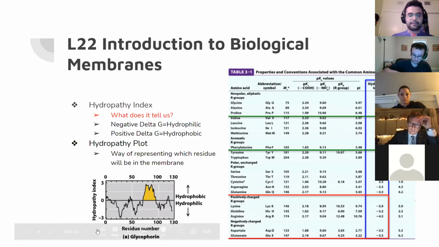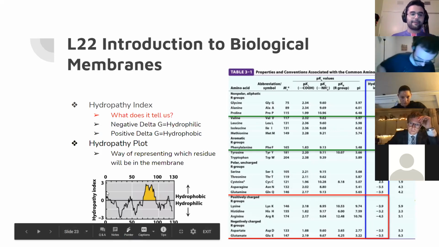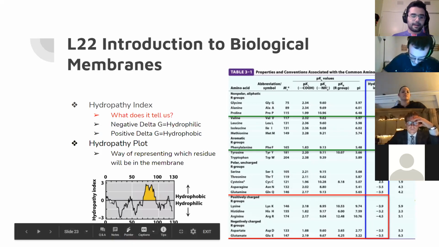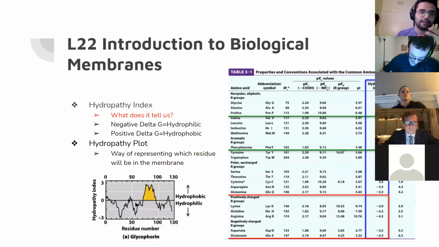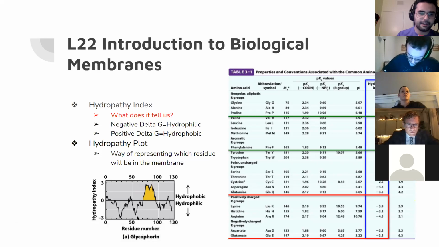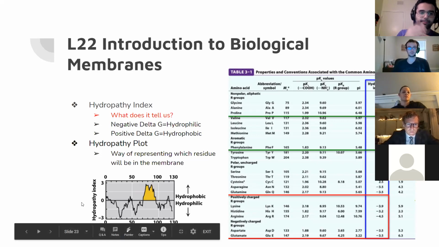A hydropathy plot is also a really good way of representing what's happening with a certain protein associated with a membrane. If we follow along this graph, you're going to see that a lot of these proteins are on the hydrophilic side, so they're either in the inside or the outside of the membrane. But this big spot right here on the hydrophobic side is going to be inside our cell membrane, okay? This is just one way, and you're going to see that these numbers are representing different amino acid residues of a bigger protein.